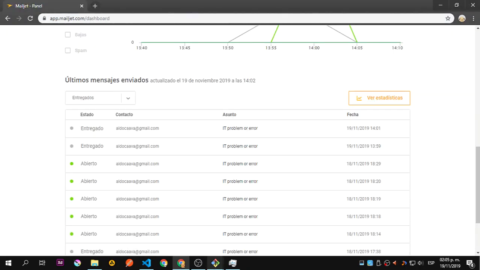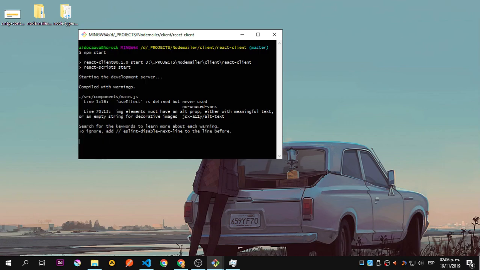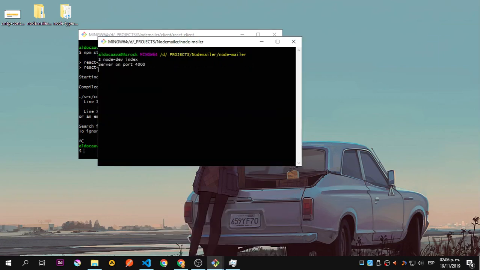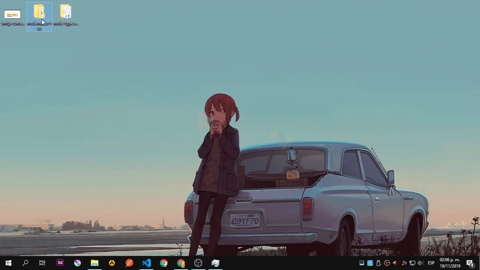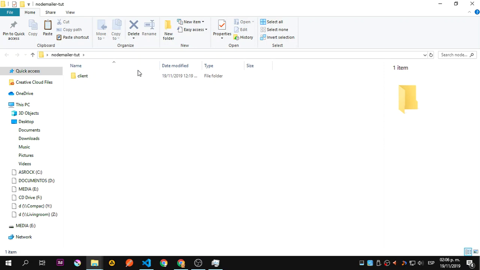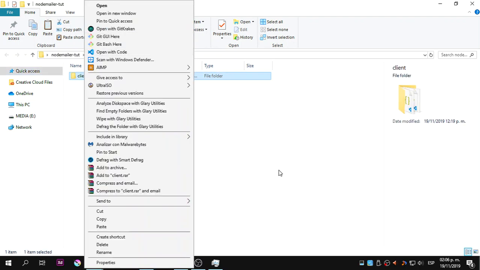And okay, so let's close this. Let's actually just minimize that. And what I'm going to do is close this, because you can see that I have the React, okay, and the other one is the server with Node. So I already have this nodemailer2 folder. Inside, I have a client that is a simple React application that I created recently. Okay, you can see the date, and if I open this with code,